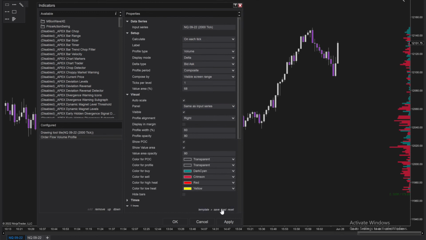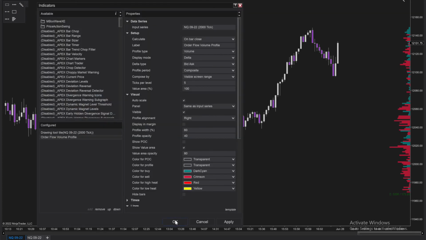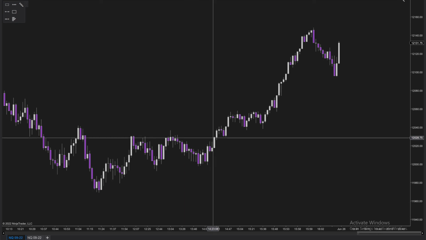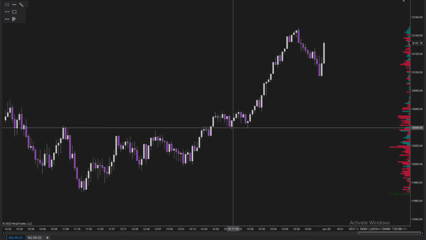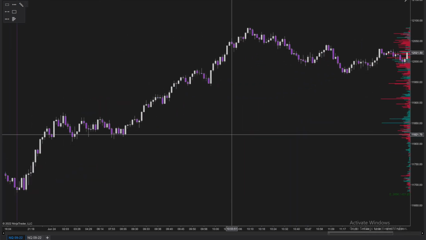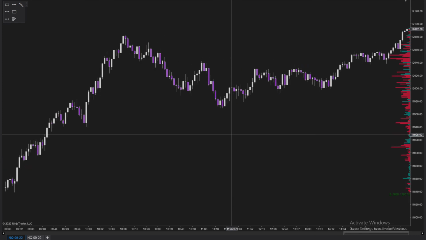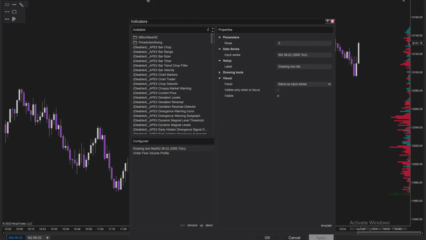So really easy. Go back to this test version. Just let that load for a second. There you go. And because it's visible screen range, you can see as I scroll, it changes. Now the other thing that I like to do, and again, my settings are going to be set up for ES, but we'll throw this on here too,